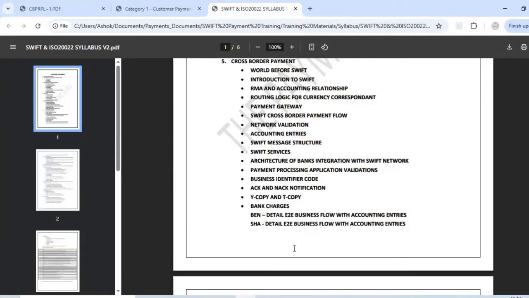Okay. Then we'll learn about a routing logic for the currency correspondent. A very important part from a banking point of view, especially for cross-border payments, to understand how to route to the right correspondent bank,